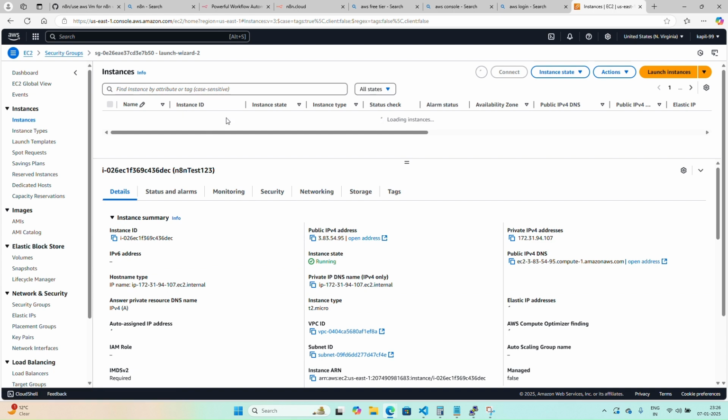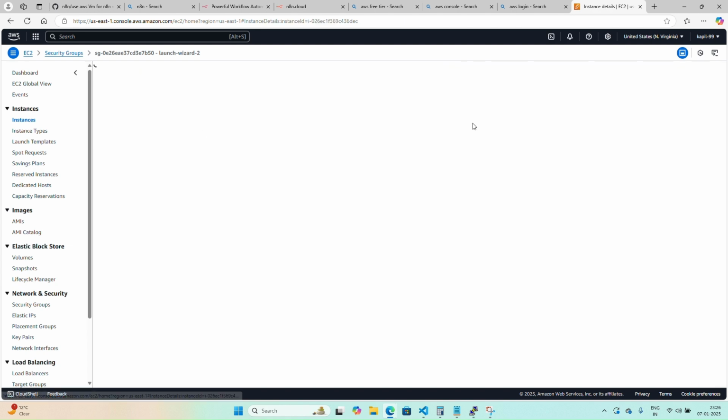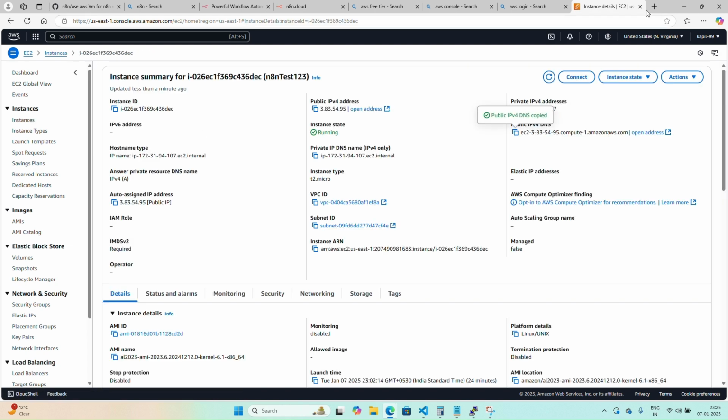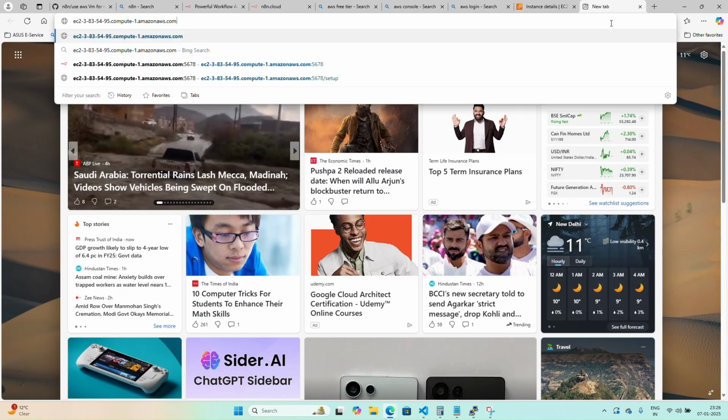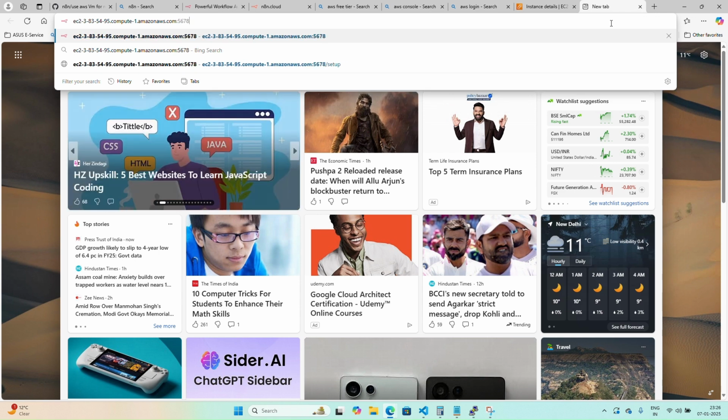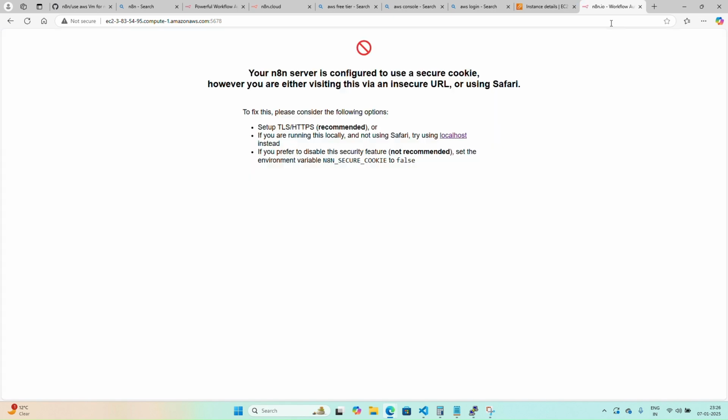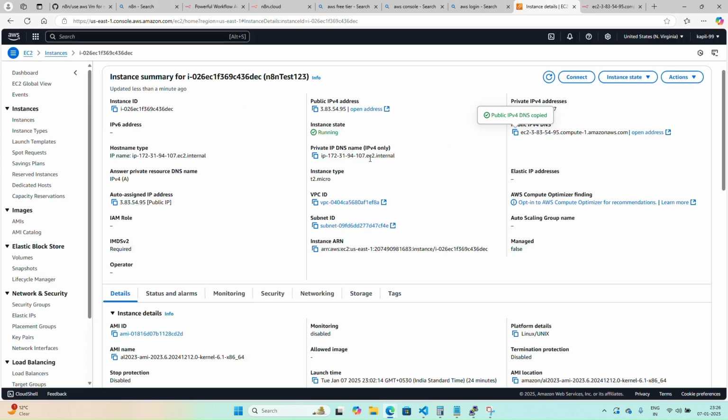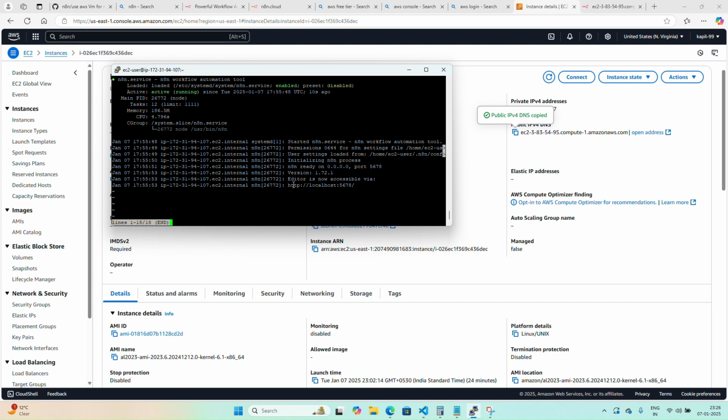Now, if you go to your instance, that instance you used actually. Wait a second. Here it is. Go to this public DNS or the IP address also. Go here, paste it here, and add 5678. That's the port. You hit enter, and you're going to face this issue which says you have to allow HTTPS, or you have to set the n8n secure cookie to false. So for this issue, we're going to generate